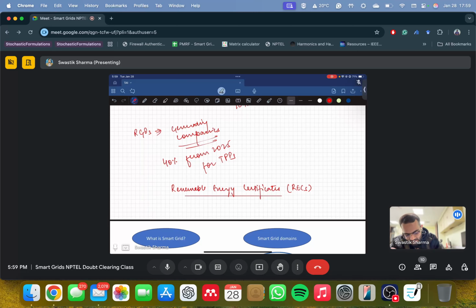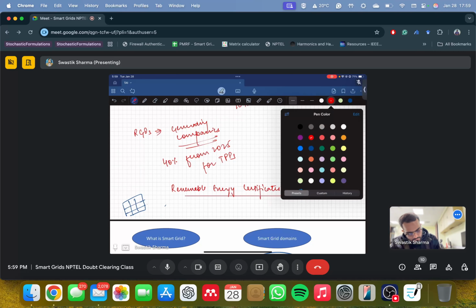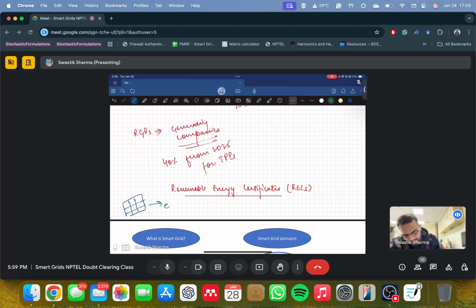What they do is, let's say I am a solar power plant. I generate electricity and this is green electricity, right? But now when I sell this, I will sell it as black electricity. What is black electricity? That is coal-based electricity. So these green electrons become black electrons and they are settled at